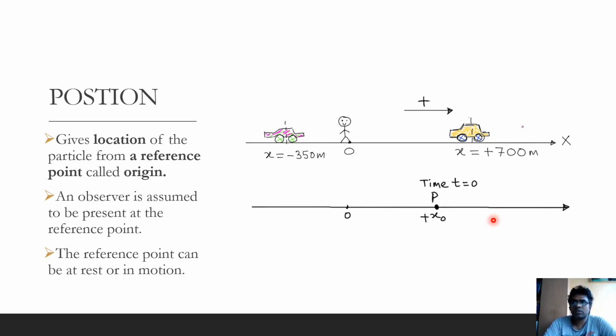Okay, so the person observing objects, suppose the person here is standing at that location O, and then he is looking at these two cars. But in case he, let's say, gets into a bus, and then as the bus moves away from this location, he is looking at these cars. So even then, he will be able to get an idea of the position of the cars from a moving reference frame. So the reference point is thought to be attached to the observer. Okay, so if the observer is moving, the reference point is also moving. If the observer is stationary, the reference point is obviously stationary.